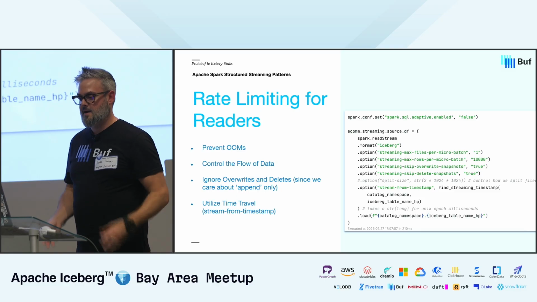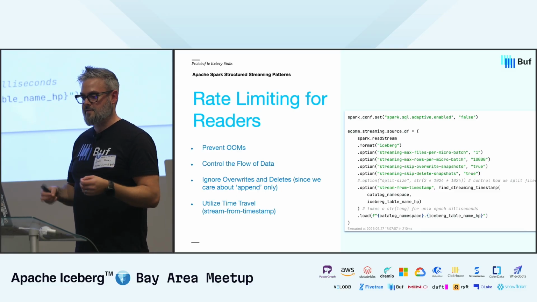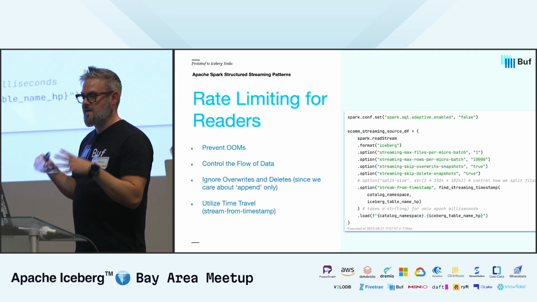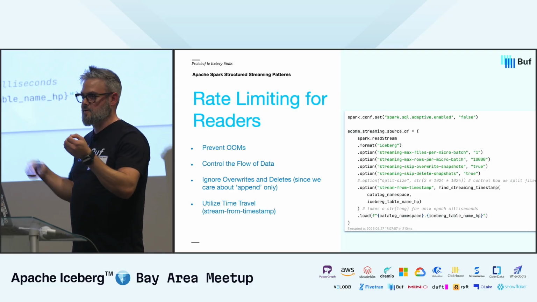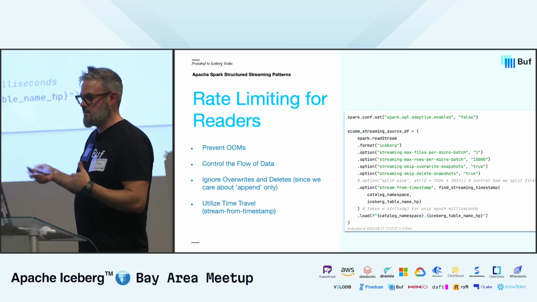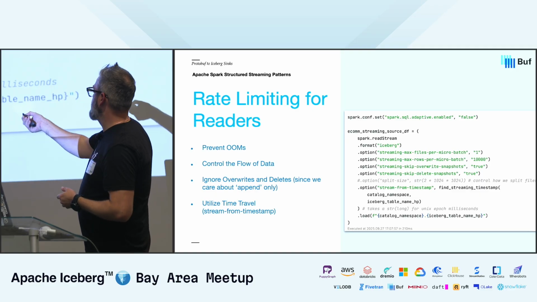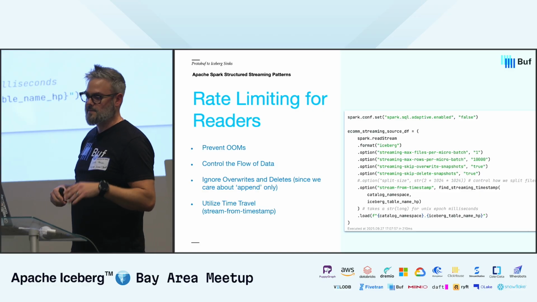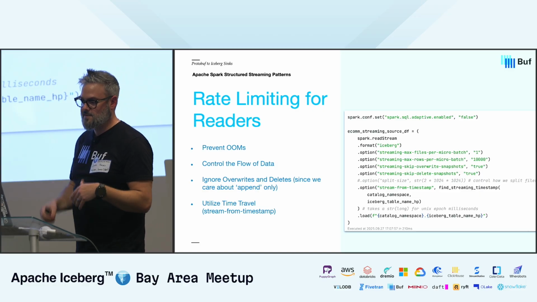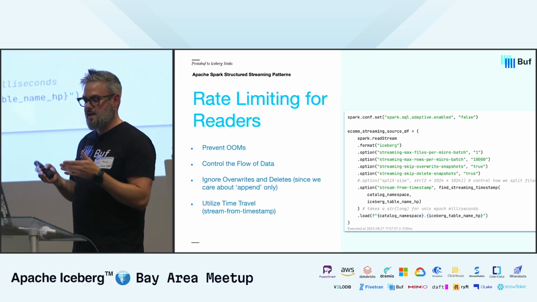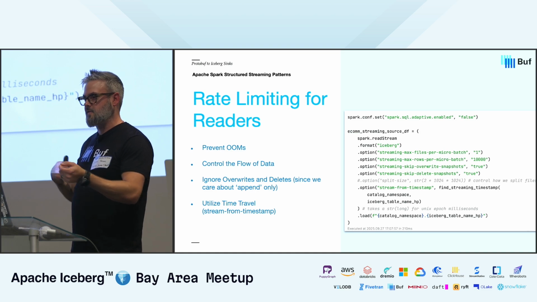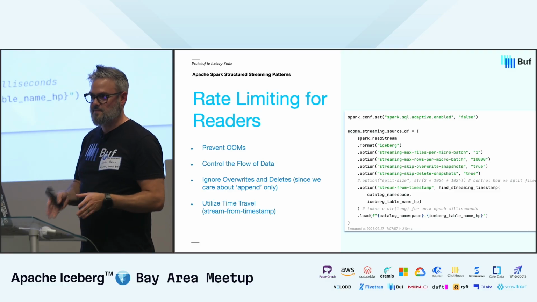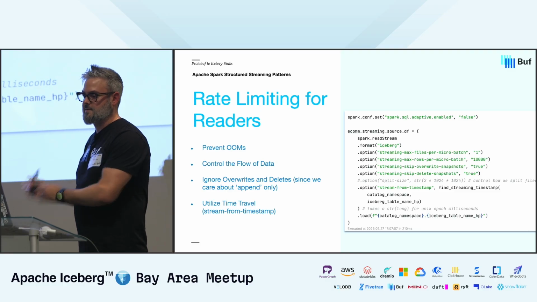If we want to read our data in from Kafka, I don't have that example in the same way. This one is more showing a string to string connection from one Iceberg table to another Iceberg table. But if you've used Spark before, you can ignore this Iceberg and say Kafka. And then we still have rate limiters and everything else like that for reading off of the Kafka topic. So in this case, you're saying I'm going to read, and I'm going to limit files per batch. I'm doing that to not have out-of-memory exceptions, because out-of-memory exceptions are bad because your whole application breaks,